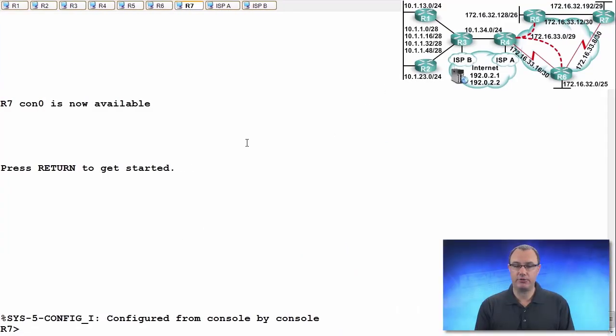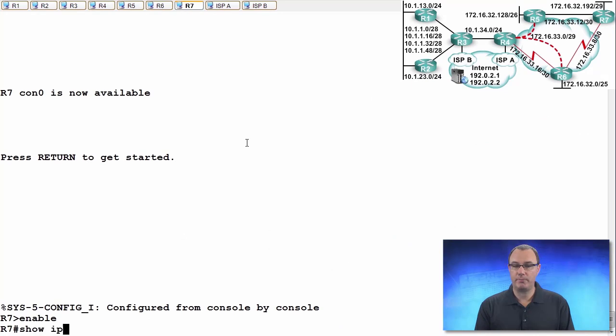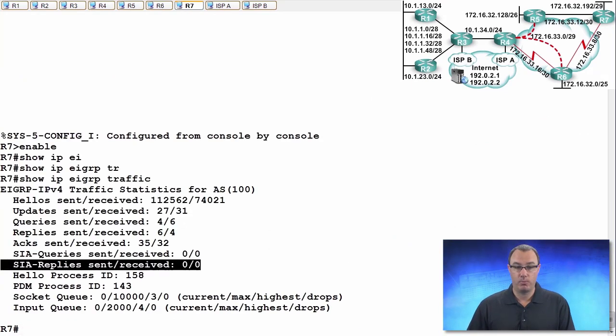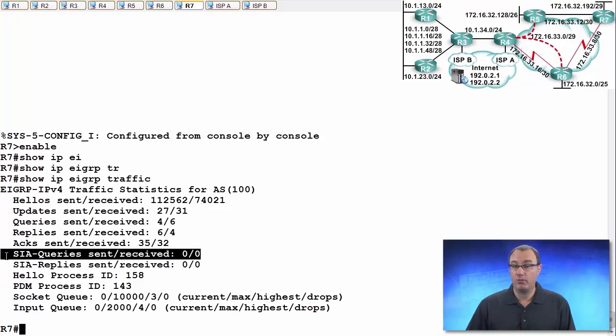We can in fact see these as message types. If I do a show ip eigrp traffic, we see these starting to creep up, we know that we need query scoping. We need query scoping because someone is dropping the ball. Some routers are getting queries and replies aren't getting back. So you start to see this creep up.